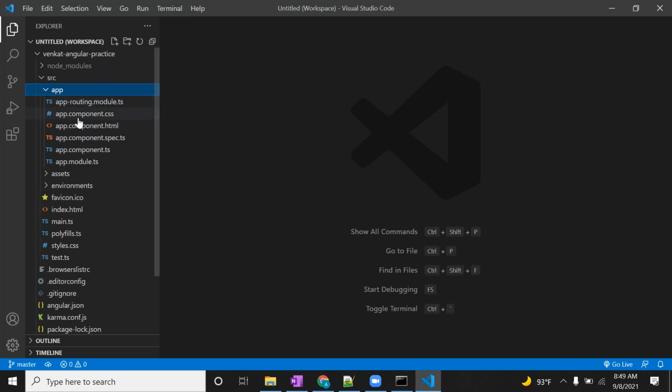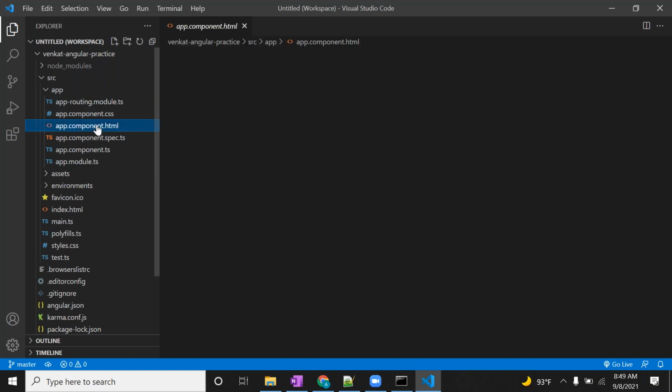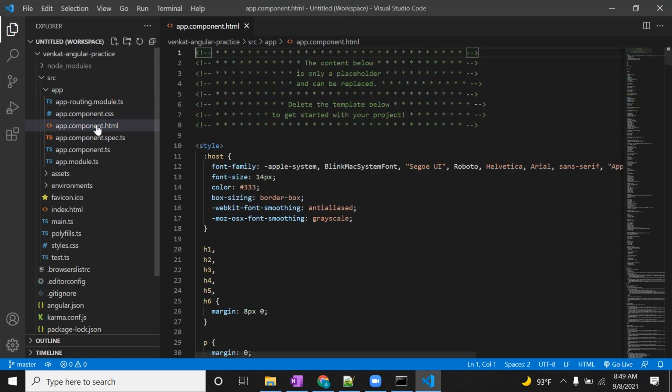And this component.css and component.html is our home page. This is the page you are seeing in the browser. Actually, this is our home page. Ignore this main.ts and index.html. But in the interviews, anybody may ask,